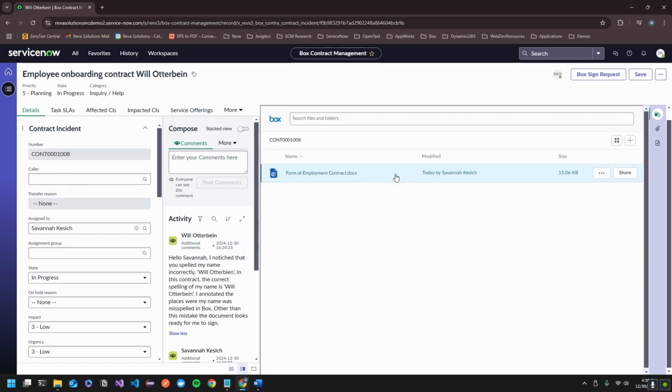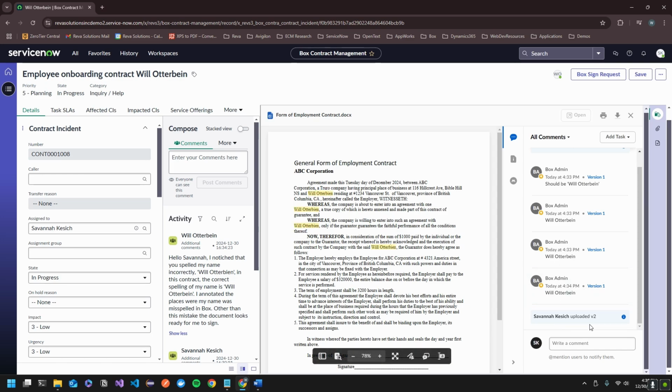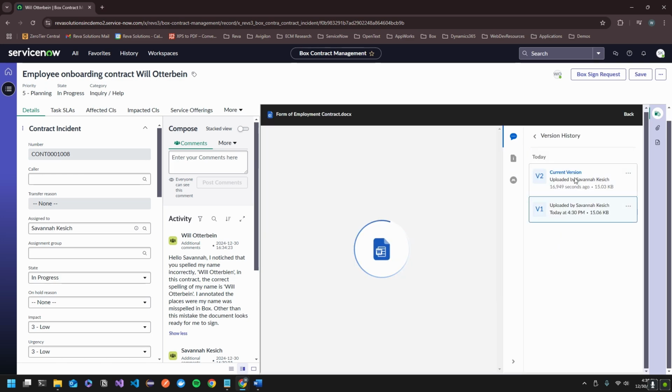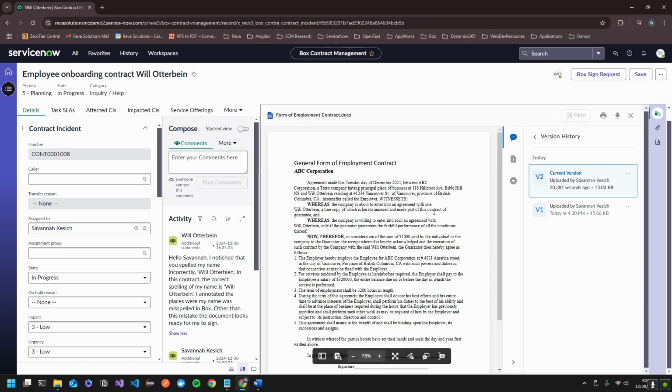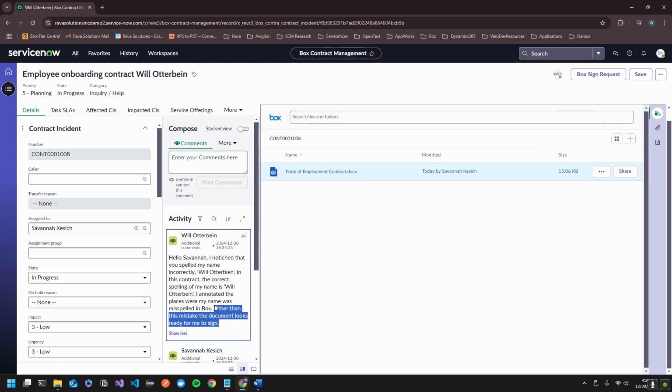And this is going to go ahead and add a new version to the document. So you can see Susanna uploaded a new version, v2. You can see version 2. Will Otterbein. So if we search for the incorrect spelling, obviously it's not going to show up. Correct spelling, all corrected. And since Will Otterbein said that that was the only mistake, looks like once that's corrected, it's ready for him